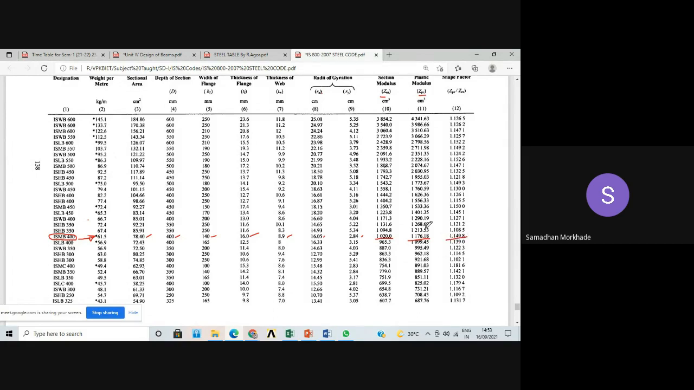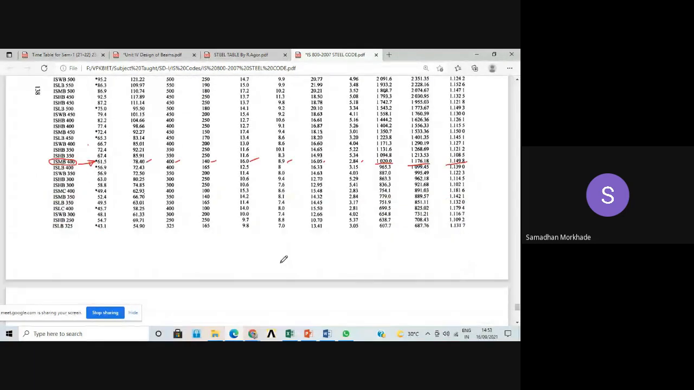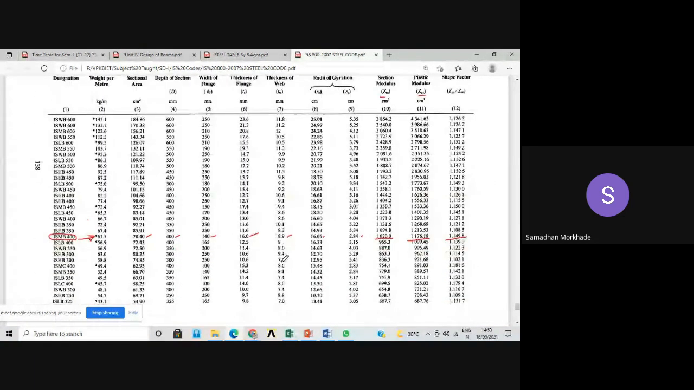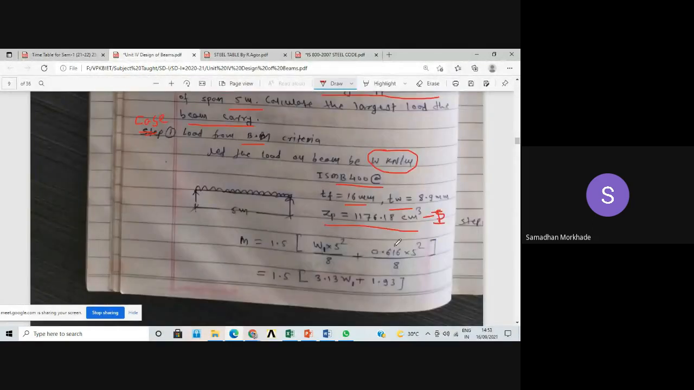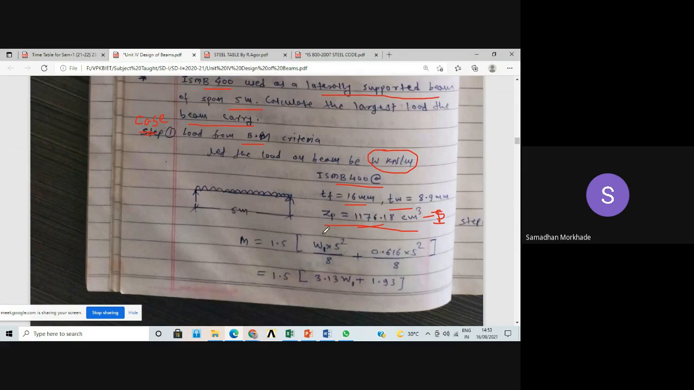So these are the properties we have to pick up from page number 138. Okay, so how much is ZPZ? 1176. See, this is here. Okay, so now M is equal to 1.5 factor load, where we have to convert working load into factor load. So 1.5 into W1 L square by 8. Okay, W1 L square by 8 means I am assuming that this is W1,